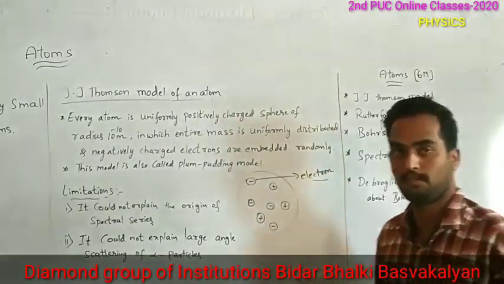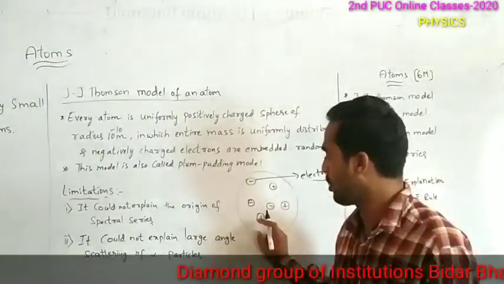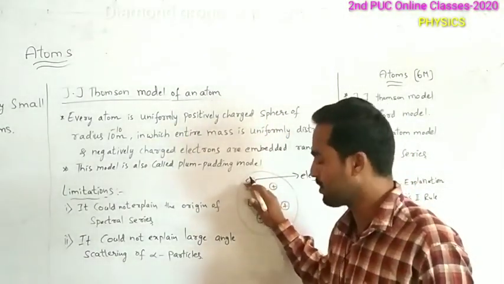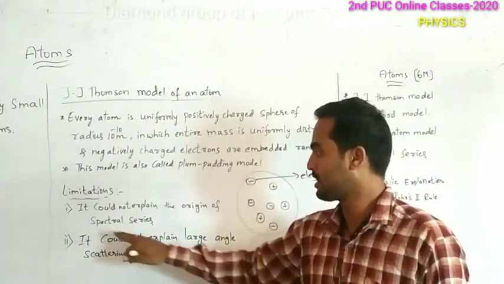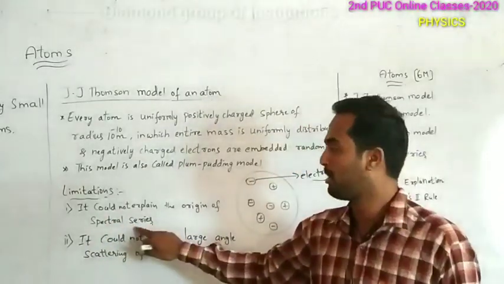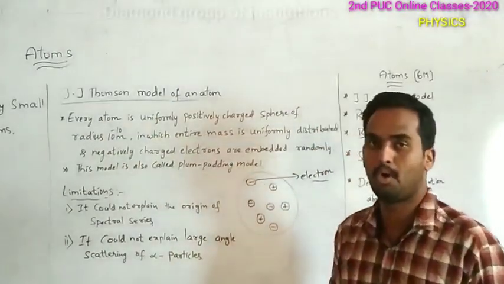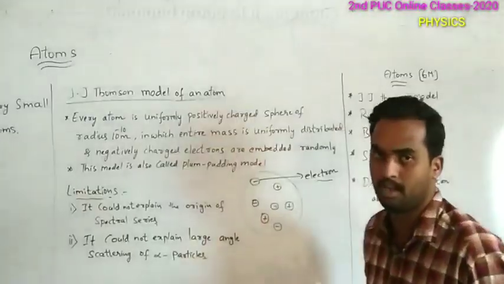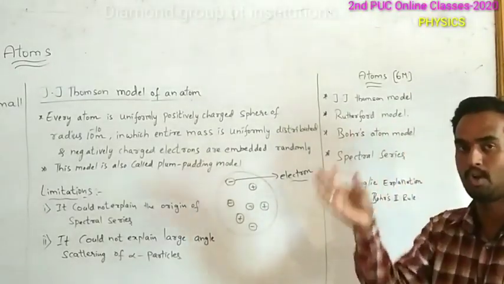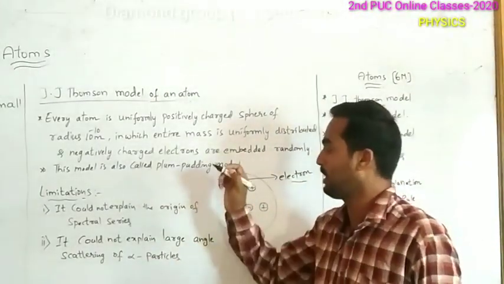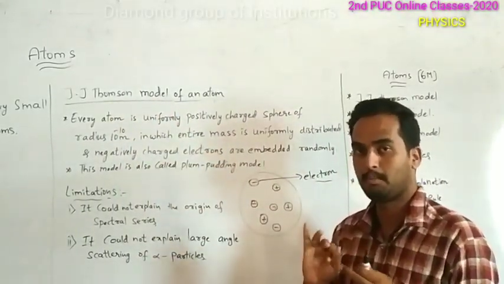So this theory failed because of these reasons. The distribution of positive charge is not explained properly, and where the electrons are present is also not covered by the J.J. Thomson model. And one more point is how the spectral series is formed. This point is also not covered by the J.J. Thomson model, which is also called the plum pudding model. That means he compared the structure of the atom with the structure of a watermelon, as the first structure of the atom was introduced by J.J. Thomson. So what are the merit points here?